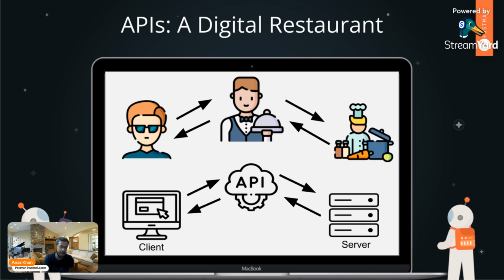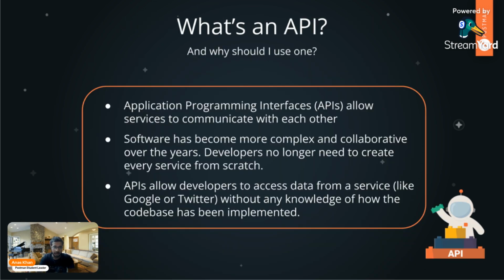Imagine there's a client and a server. The client wants to request something from the server. You tell the API that you want to request something. The API goes to the server and gives your request, and the server responds and gives the response to the API, and the API provides you the response. That's how an API works. I hope you understand. Let me know in the comments if you understand or not. That's how similar the API concept is.